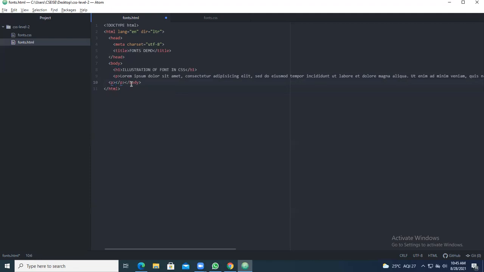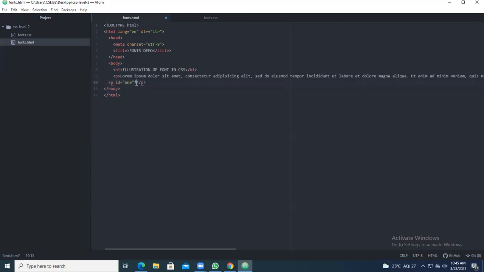Inside the paragraph tag, you use an ID. I have already told why you are using ID. It is used for applying one of the settings, so in order to apply the settings, we are making use of ID. ID is equal to 1 we have given. Close the body tag.